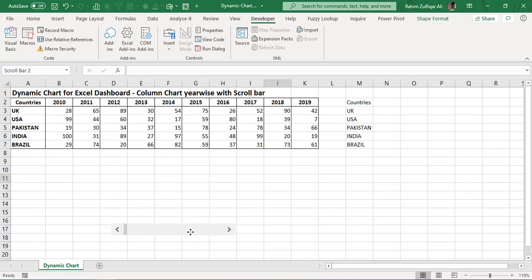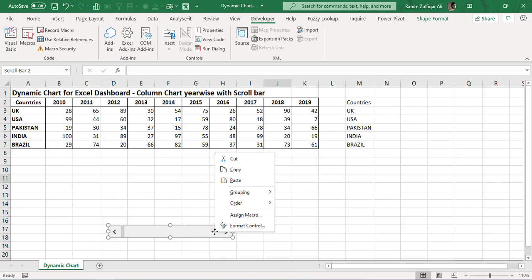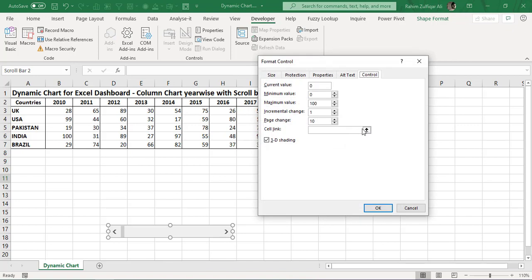In my example I am just putting it here, and you need to do some customizations for this scroll bar in order to run it correctly. For doing that, we have to go to Format Control. You right click on this object, and in the contextual menu click on Format Control. On the Control tab you are required to change some of the fields.